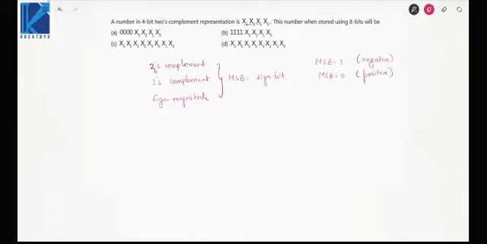Now we want to extend a 4-bit number to an 8-bit number. In that case, you can copy and paste the MSB as many times as you want. So I'll fill the other 4 bits using the MSB and then write the number like this. Is it fine? So the sign bit still remains the same, that is the MSB, which is x3. So the answer would be D. This is a general rule: when you want to increase the number of bits in a number, you copy and paste the MSB as many times as you want.